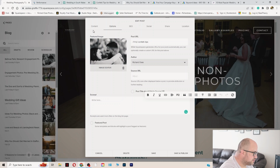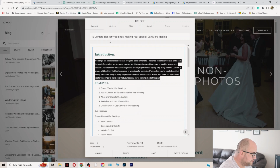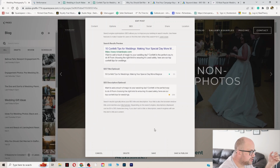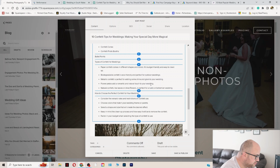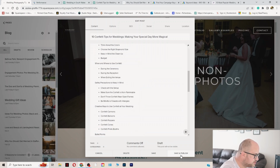An excerpt, just normally a bit of the article posted in, like a short paragraph. SEO, good meta title, good meta description. I don't know why I'm pointing because you're looking at the screen recording. Anyway, that's very important. But this content is plastered full of those keywords. And if it's written in a good way that's informative,